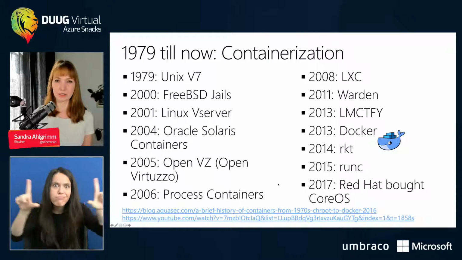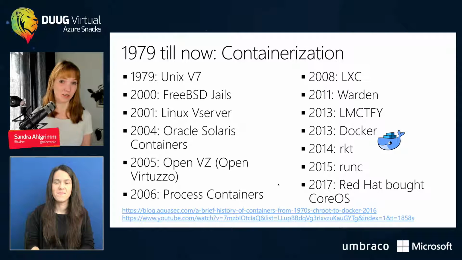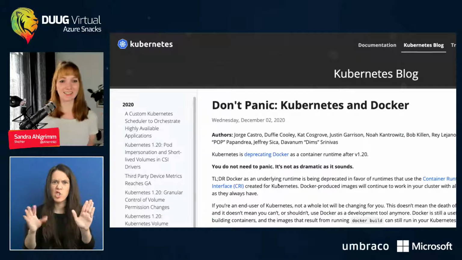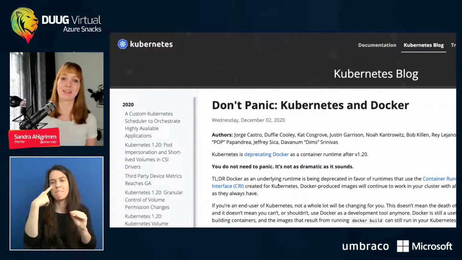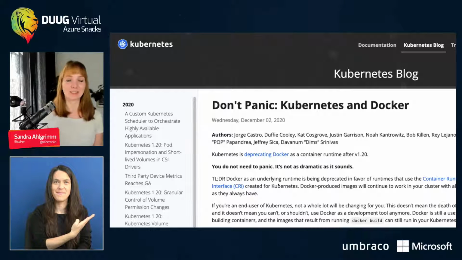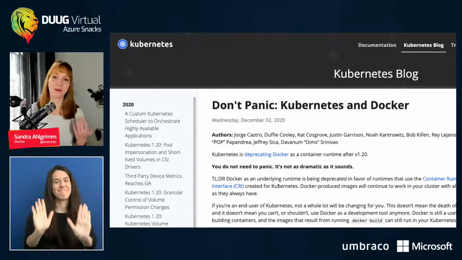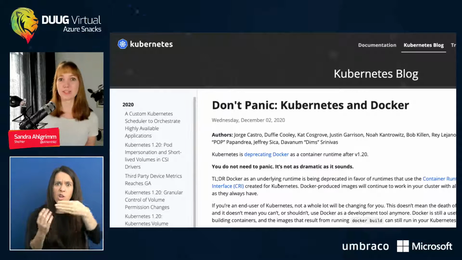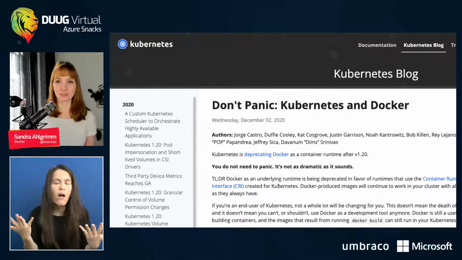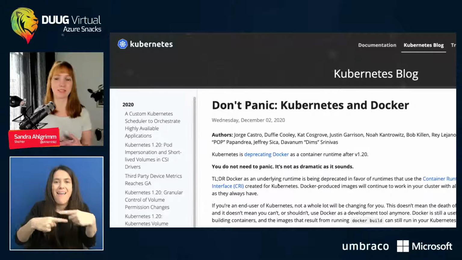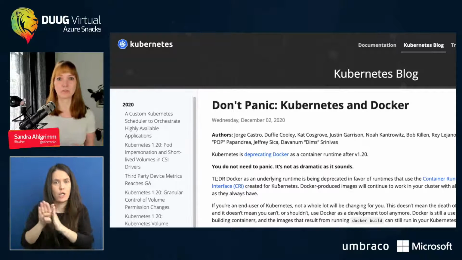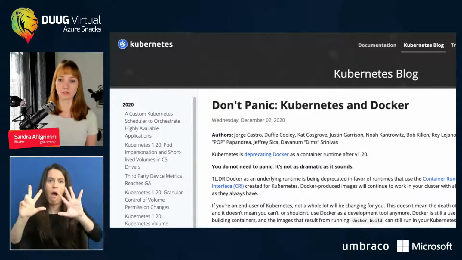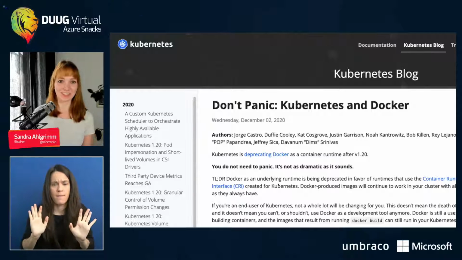And maybe you heard in the news that Kubernetes isn't betting on Docker any longer. So should I consider using it? No worries. Here's the blog post or the announcement about that. So don't panic. It's not as dramatic as it sounds, even though Kubernetes won't use the whole Docker engine itself to run containers, it's still running with Docker containers. So as a developer, I still do my Dockerfiles or equivalents to build my Docker images, and then my Kubernetes cluster can pull them from the registry and so on. So yeah, let's use Docker.